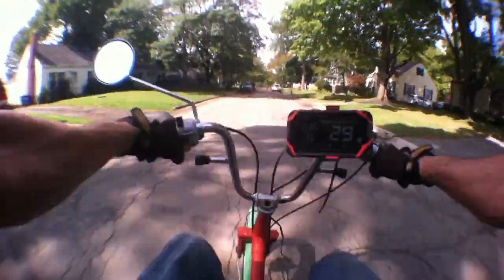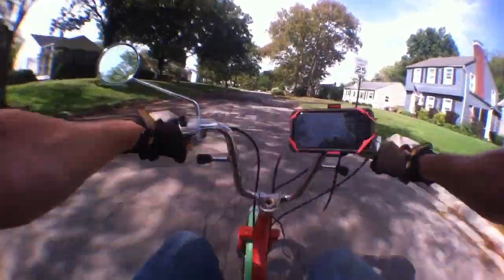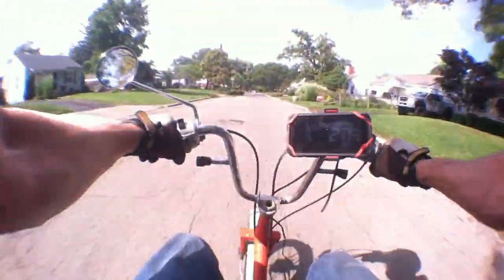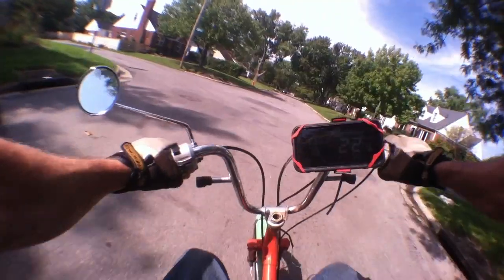So, other than that, yeah, I'm still using the temporary gas tank as well. So, I guess at the very least, this thing is pretty lightweight. So we've got that going for us. Don't know if we'll do the double feature today, but